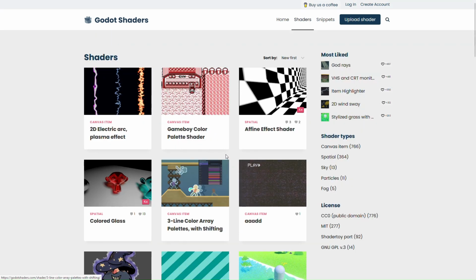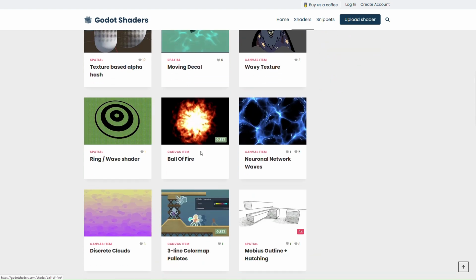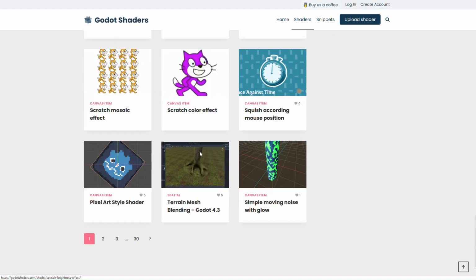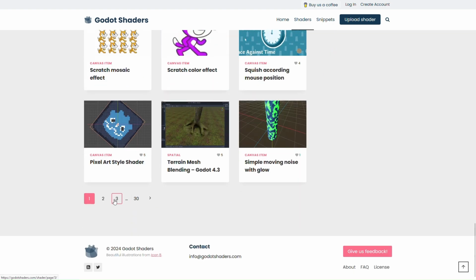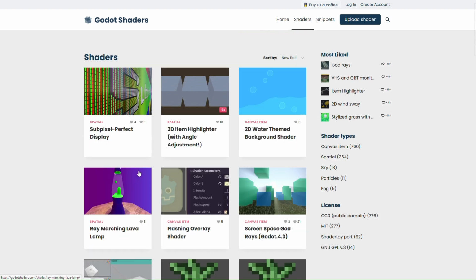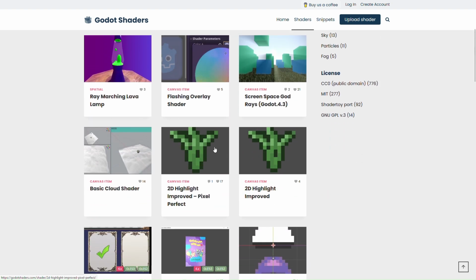Click All Shaders. We'll come into here. I know that the one I want to use is on the third page. But there's a lot of great shaders that you can use here. Some of them are 2D, some of them are 3D. But the one I want to use is these 2D highlights. So I come into here,